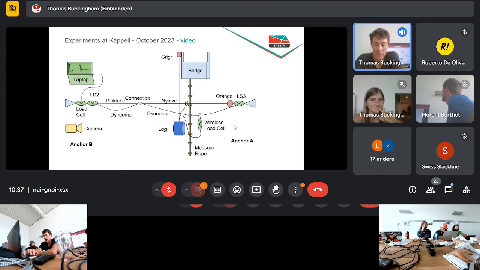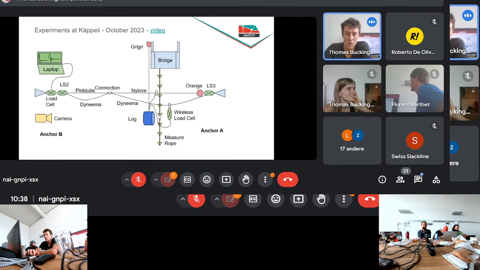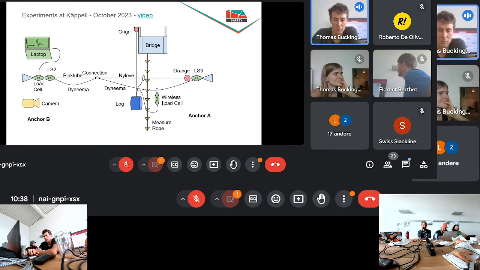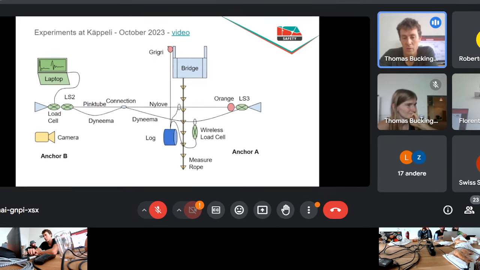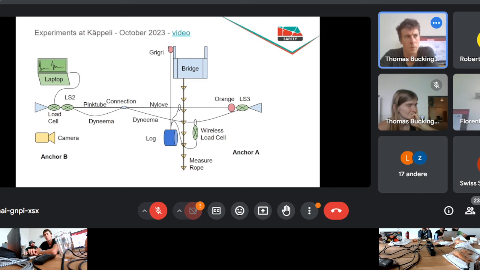We had a bunch of load cells. There is one on the far side anchor, a Line-Scale 3, which records at 1,600 hertz, if I'm right. Then there was a wireless load cell attached to the log, with I think a Bluetooth connection, and this one was measuring at 100 hertz.